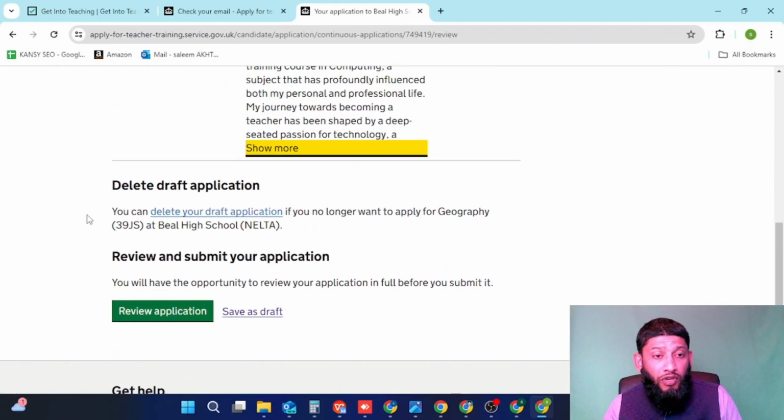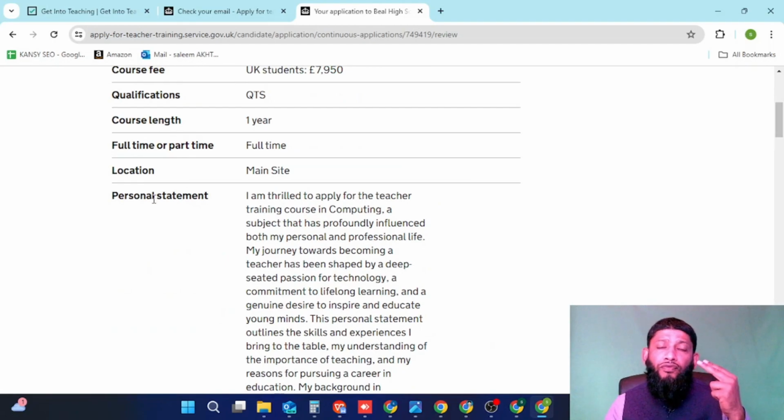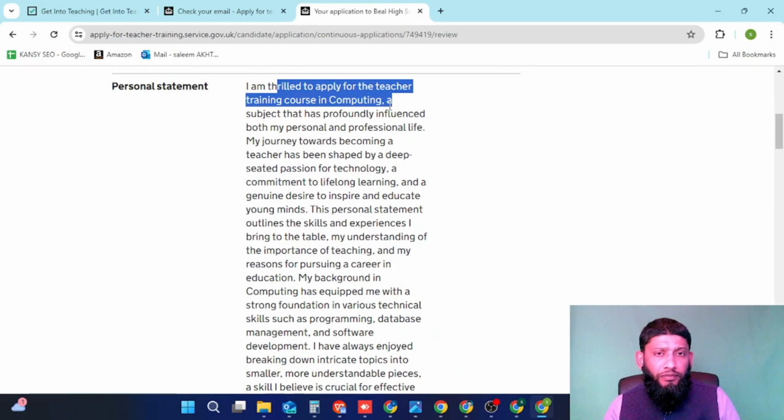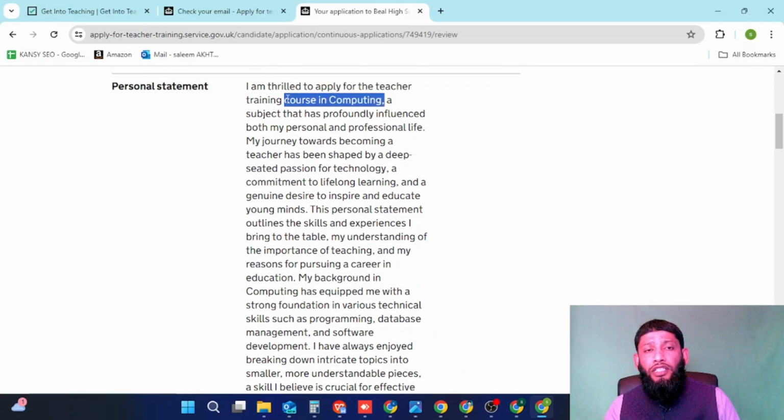So here is one option, because if you're applying for 4 main subjects, it should be relevant, because now I applied for computing. Look here, I said that I'm thrilled to apply for teacher training in computing. If I use the same personal statement for geography, they will say I have a background in computing, how can I do for the